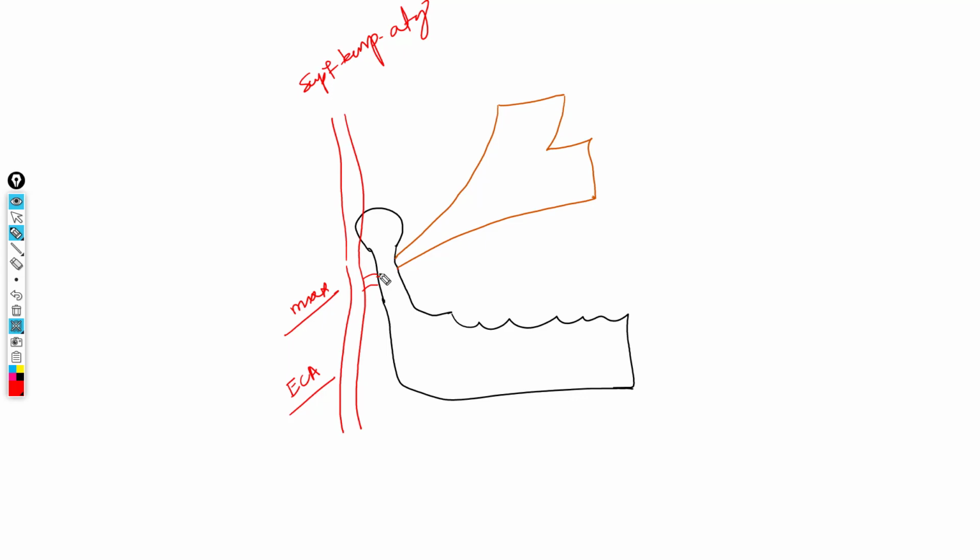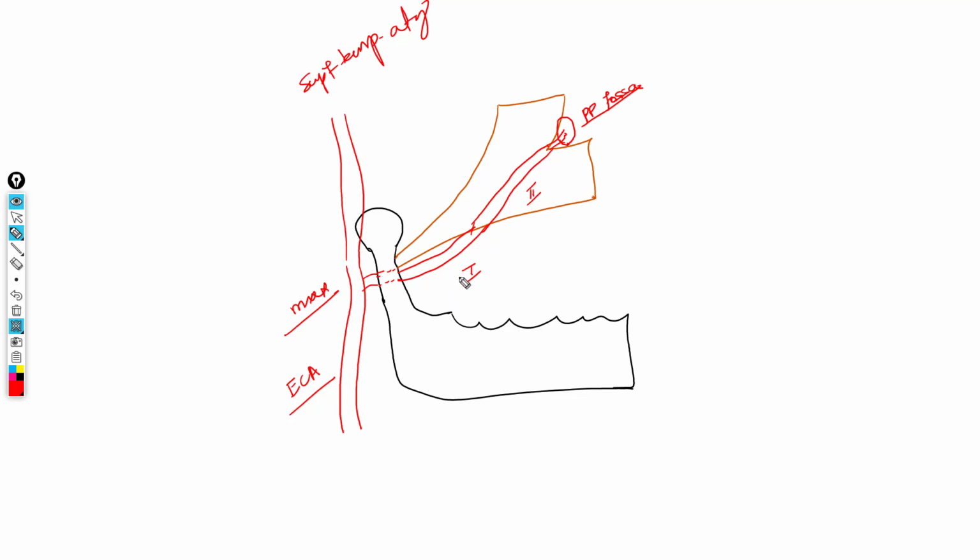The three parts are, from the origin up to the lateral pterygoid muscle, this is the first part of the maxillary artery. The second part of the maxillary artery passes over or sometimes behind the lateral pterygoid muscle. Then the third part of the maxillary artery passes between the two ends of the lateral pterygoid, then enters into a fossa here. What is that fossa? The pterygopalatine fossa. So third part of the maxillary artery is located in the pterygopalatine fossa.